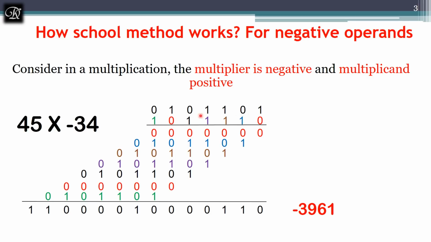And if I start multiplying 45, this is the positive 45, with the negative 34 with our regular school day technique, this is the answer we are going to get. When I multiply 45 with 0, I'll get 0, and when I multiply 45 with 1, it is 45. Again, when I multiply 45 with 1, it is 45. Again I'll get 45, and again the same, I'll get 45. When I multiply 45 with 0, I get 0, and finally I have a 1, so multiplying 45 with 1, I'll get this value. And let me add this.